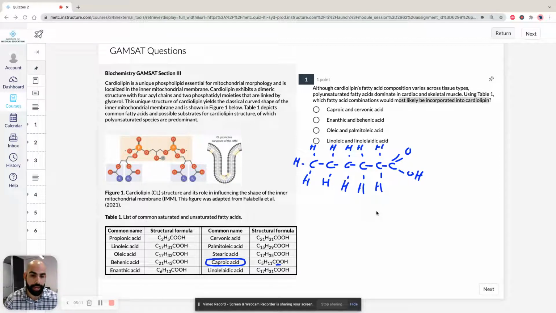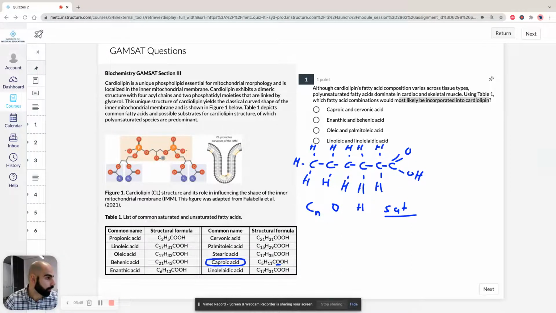So the formula is, if we take a look here, let's start off with saturated fatty acids. Our saturated fatty acid has atoms C, O, and H. So this is for saturated. We have 1, 2, 3, 4, 5, 6 carbons, and we have 12 hydrogens, which means if we represent the number of carbons as N,